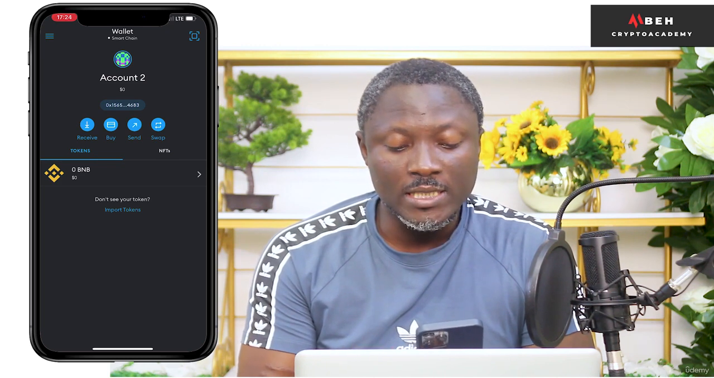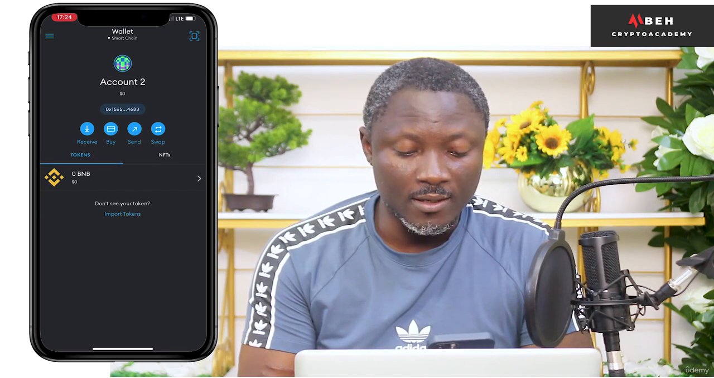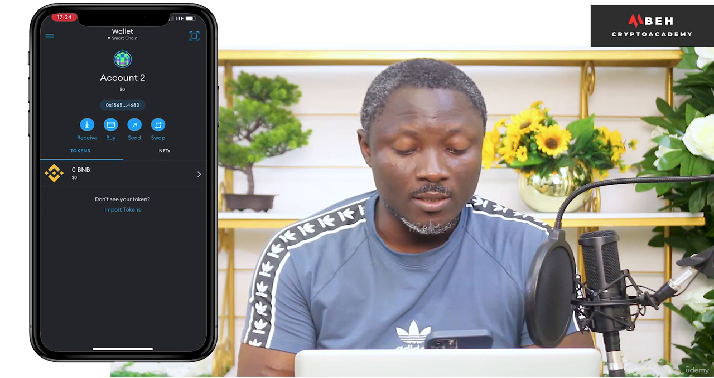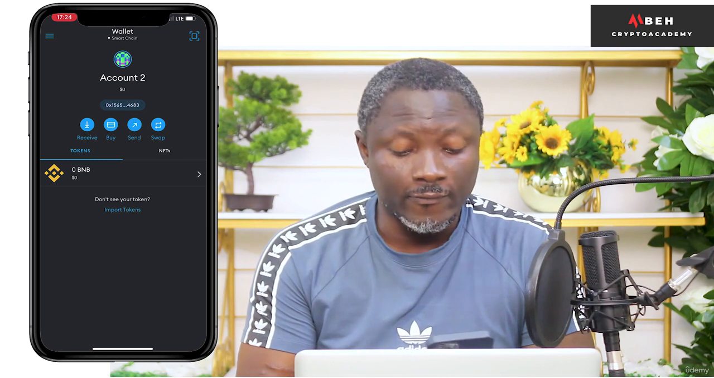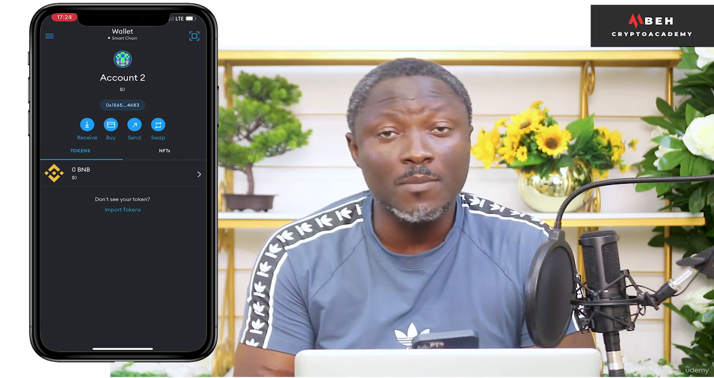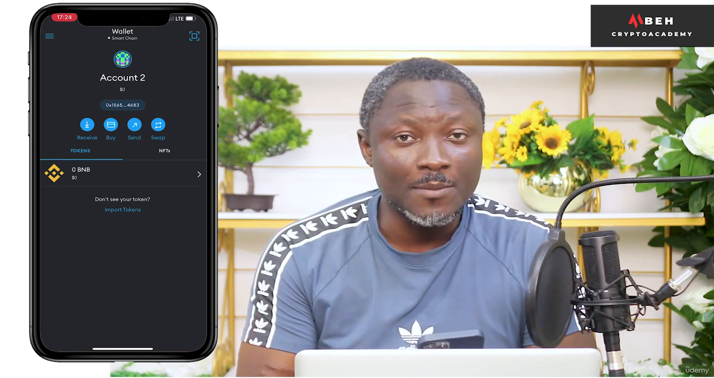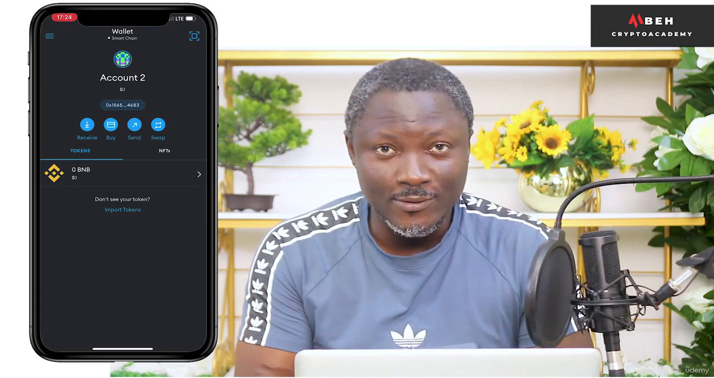Once you are in your MetaMask wallet, we shall be talking about how you can import a token from CoinMarketCap to your MetaMask wallet. So stay tuned as we move